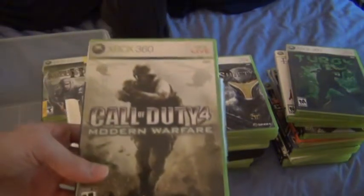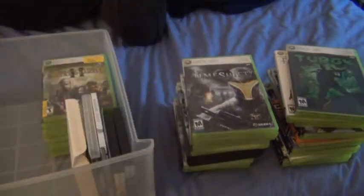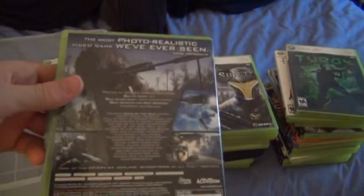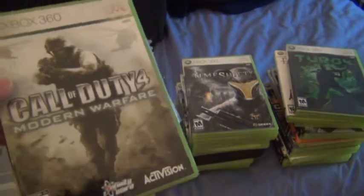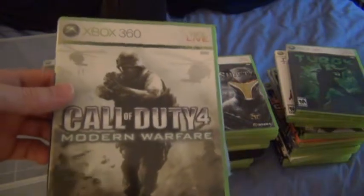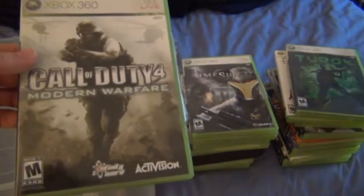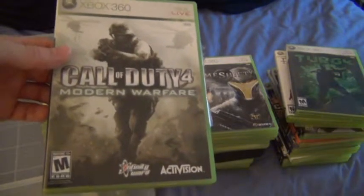Here's Call of Duty 4 Modern Warfare. This is by far probably the best Call of Duty. I used to think Black Ops was the best Call of Duty, but I changed my mind. The reason why Black Ops was amazing was because the recoil was relatively low, but even though Black Ops has relatively low recoil, this game has excellent perks that are not included in the most recent Call of Duty, such as Juggernaut and